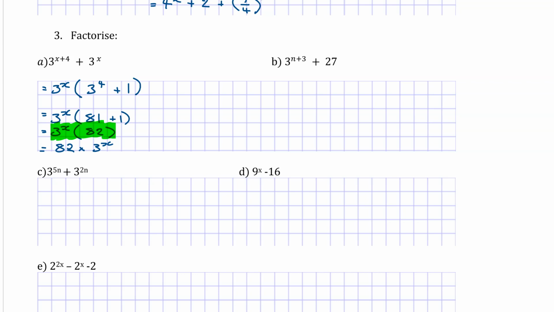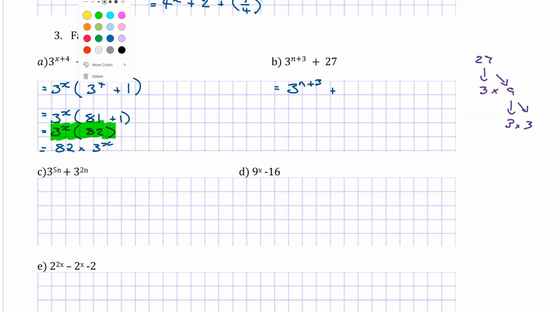Now, going across to 3 to the power of n plus 3 plus 27. Well, again, this is just one step onwards from what we were at in the previous one. So we've got 3 to the n plus 3, and notice what is special about the number 27. You may have guessed it, in that 27 is a multiple of 3. If we factorize it, 27 divided by 3 is 9, and then factorizing 9, it will be 3 times 3. So the factors of 27 are 3 times 3 times 3,